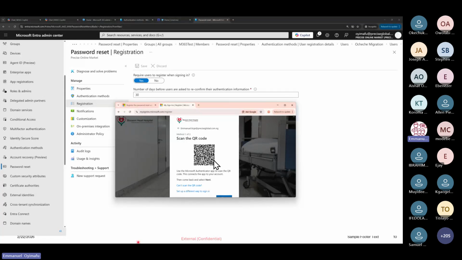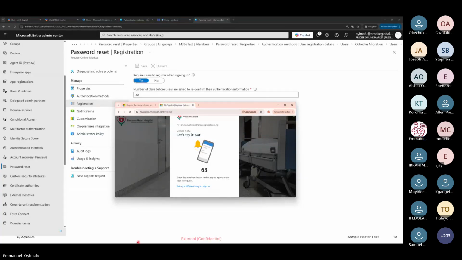You will see something in the bottom left. You just click on the barcode scanner there, then you scan the barcode. Once you scan it successfully, you click next here. It will ask me to type this number. I'll type this number there. Once I type the number, it proceeds to done.